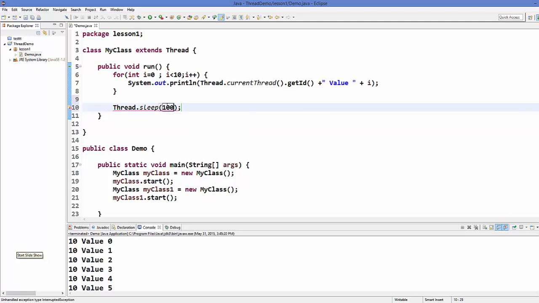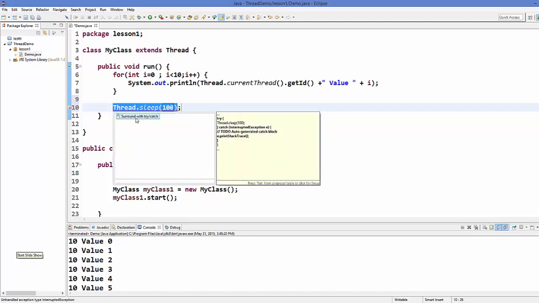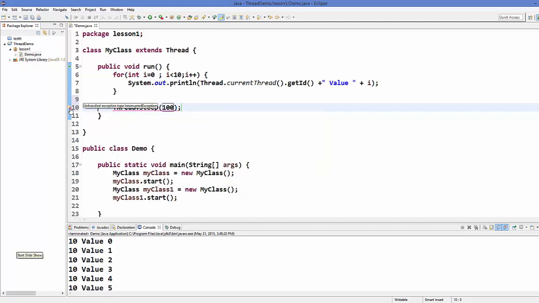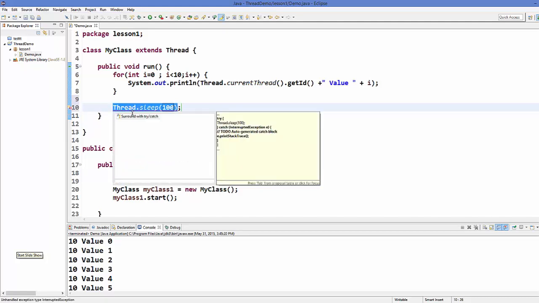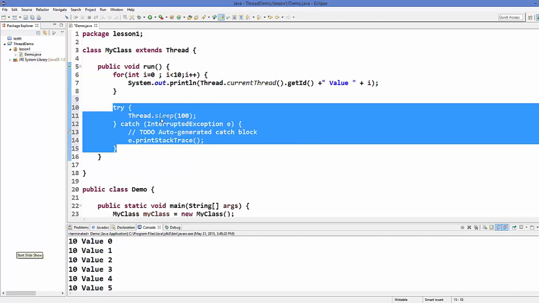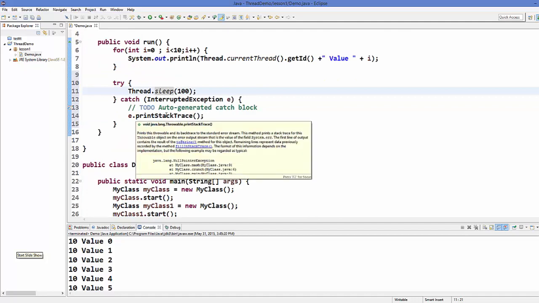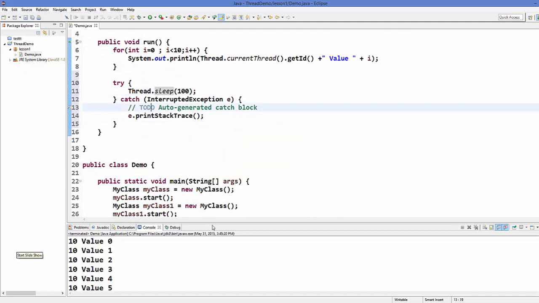It's going to pause this method for 100 milliseconds. But when you call this method, it's going to ask you to enclose it in a try-catch block because it can throw an exception. So I just click this small bulb here and then click Surround with try/catch, and it's going to surround it with try-catch, right? And now let's run it once again.